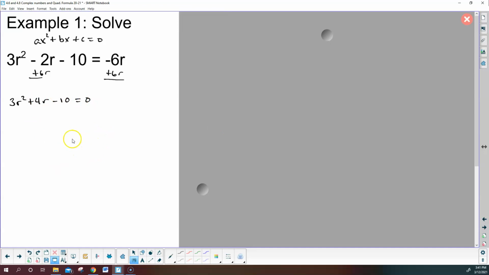Now, the next thing we tried to do, and this was the last time we had class, is we tried to factor this. And we thought, okay, what if I multiply the two numbers? I'm not going to set up the box, but if I multiply those together, I want factors of negative 30r that add up to give me 4. We could try going through all the factors of negative 30 and see which ones are 4 units apart. 5 times 6, and notice I would come right back at 6 and 5. So here I'm done. I have all the lists. None of them are 4 units apart, which tells me